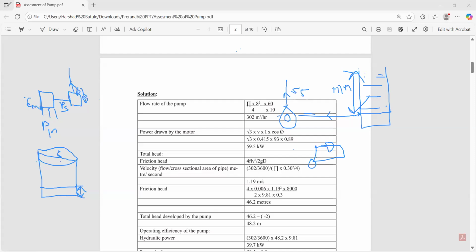In a 10-minute cycle, you can store the volume as 50 m cube, right? So you have got the flow rate of the pump as 302 m cube per hour. Then